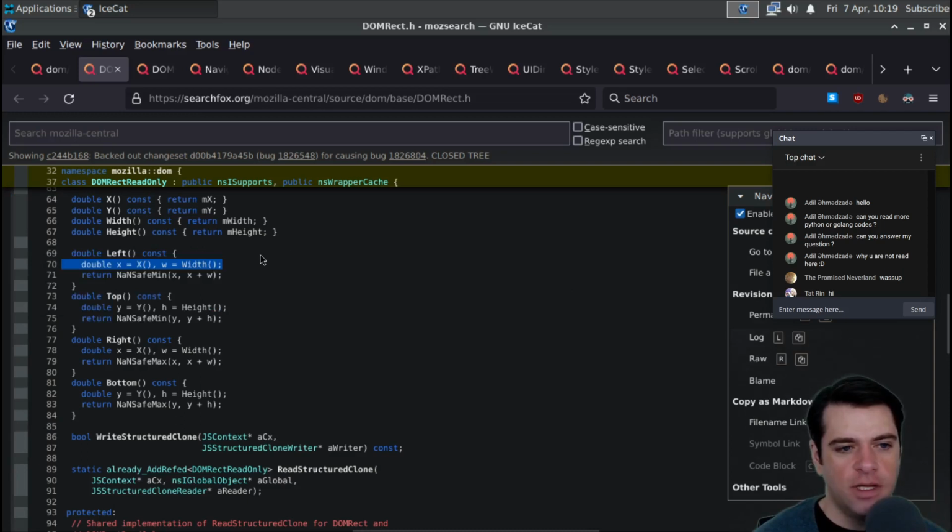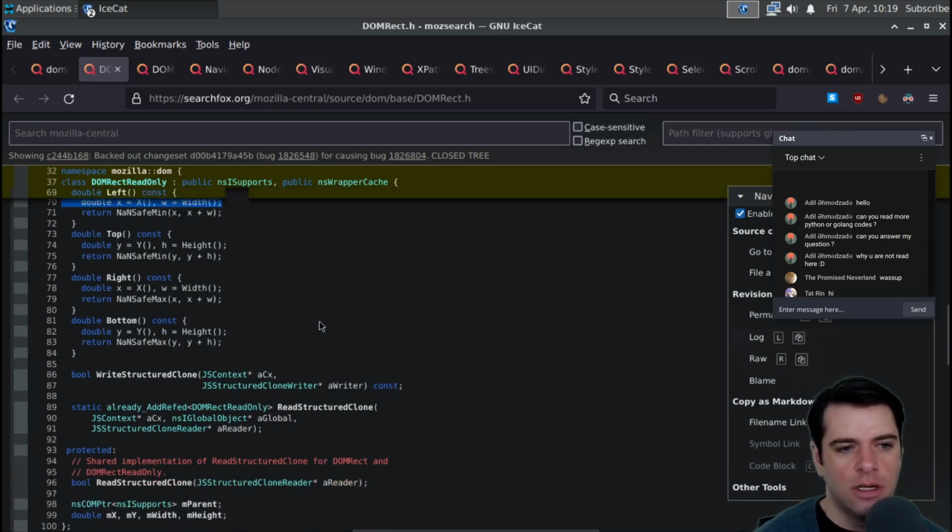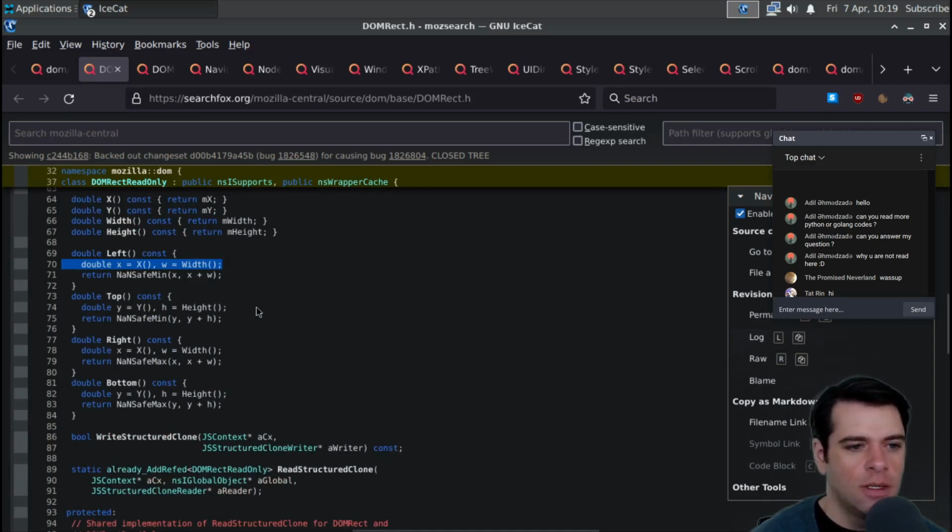That's on the left, and I guess that min is there to handle, presumably width is positive, so maybe the min is there to handle reflection around the y-axis or something. And then similarly for top and right. For right, we're going to take the max, and for bottom,